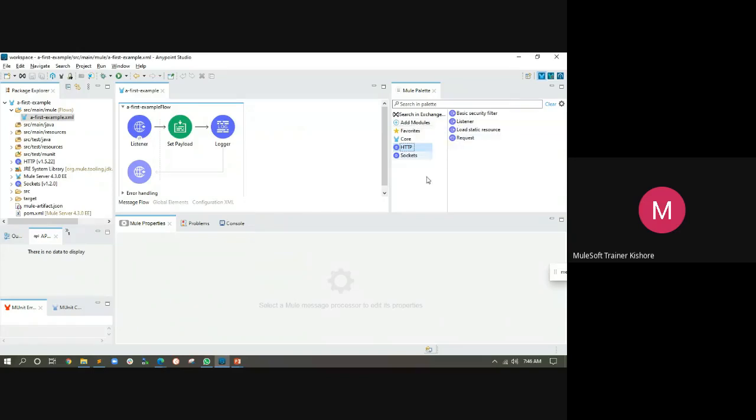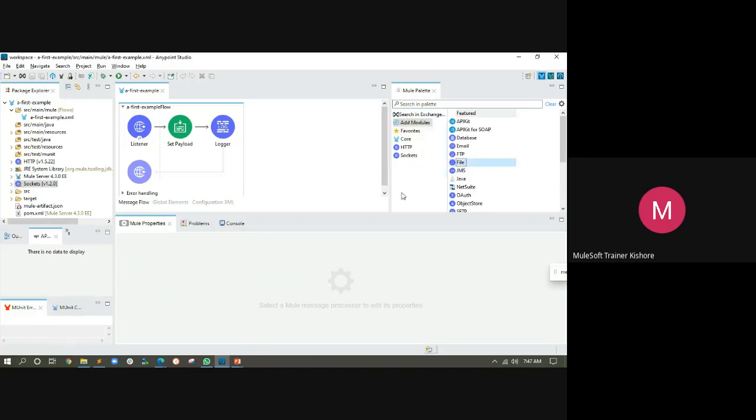How to add? And one more thing, when you have modules, your modules will be displayed over here. Apart from core, which is a default module, without core we cannot do anything. So the extra two modules are HTTP and sockets. These will get added as libraries to our application. Now I'm going to add a module called file module. I want to interact with the file.